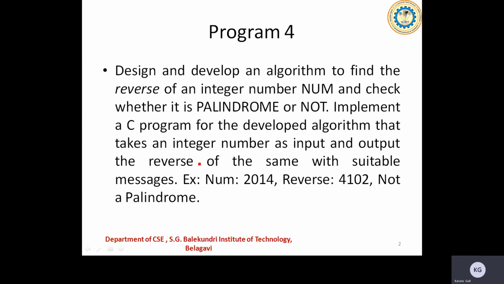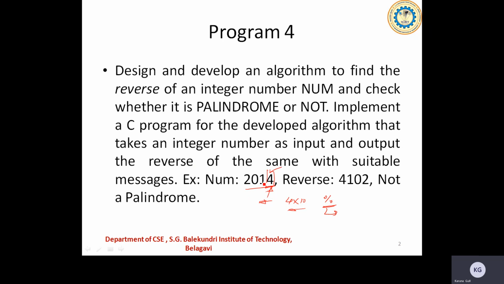Whenever a number is given to us, if I take the same number here, you go on taking the last digit, that is the unit place digit, and go on shifting it towards the left side. First, I'll be taking this 4 out and multiplying it by 10 so that its value can be shifted towards the left side. Then how do I do that? Using the modulus function, because it helps me pick the remainder.